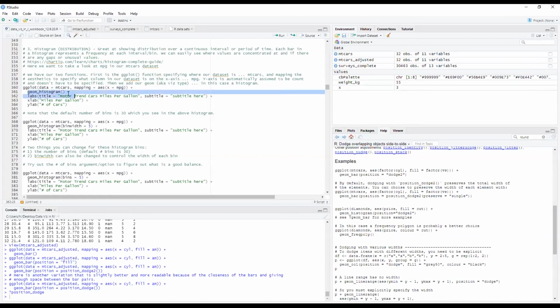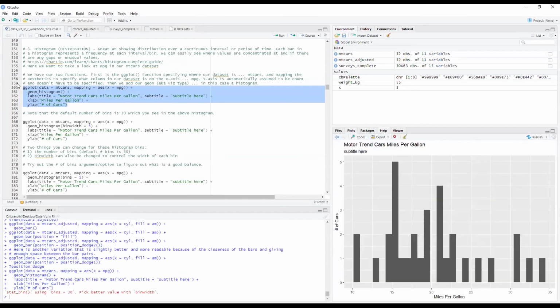We are going to add this geom_histogram, so it's going to be a histogram. It's going to show the distribution of these cars. And I'm just going to add some labels to add a little bit better context. So if I run something like this, I get something that looks like this. Not the prettiest histogram, but it shows what we want.